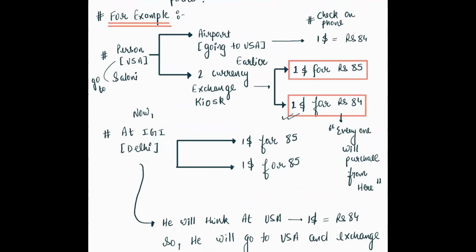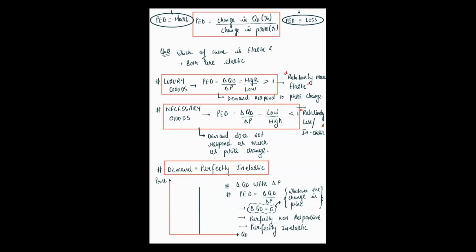So I hope perfectly inelastic means demand is not responding with the change in price. So the graph will be like this, and delta QD is 0. Why? Because change in price is, suppose, 0 up to 1 crore, this is a very big value, but the denominator is not changing, it is 1. So 1 by infinity is almost 0. So PED in perfectly inelastic is PED equal to 0. This is perfectly inelastic, right? Because on the demand side, quantity demanded is a fixed value. If you need 1, you take 1, if 2, you take 2, a constant value. However much the price changes, right? So this is cutting the graph of QD. I hope it is clear.